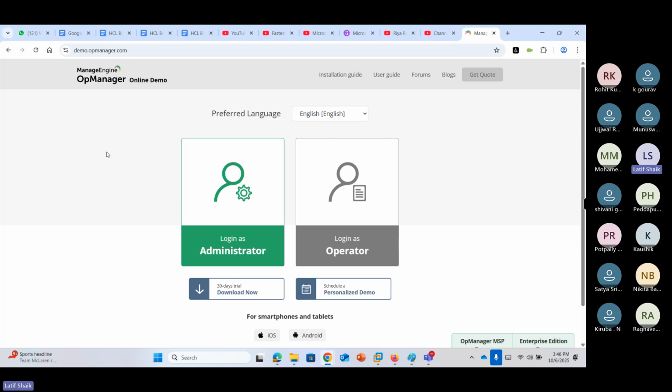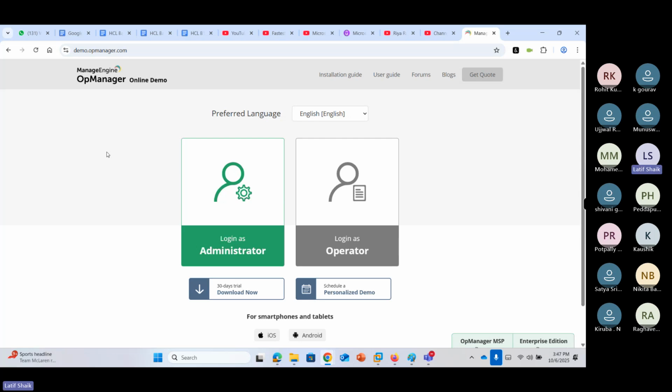Different monitoring tools are used for different monitoring purposes. Some are unified, some are network monitoring, some are application monitoring, some are for specific applications only. Some are containerization monitoring or cloud monitoring, like CloudWatch monitoring systems.